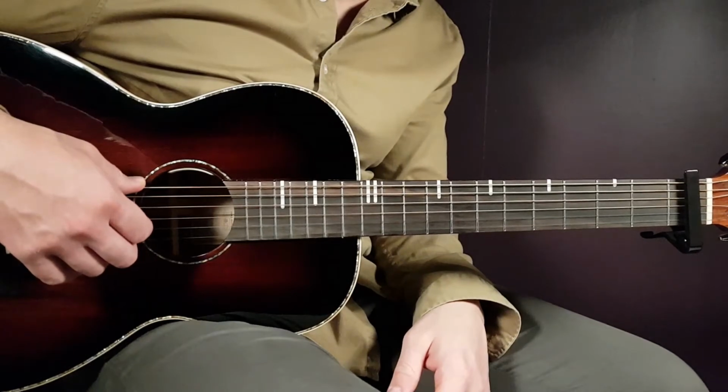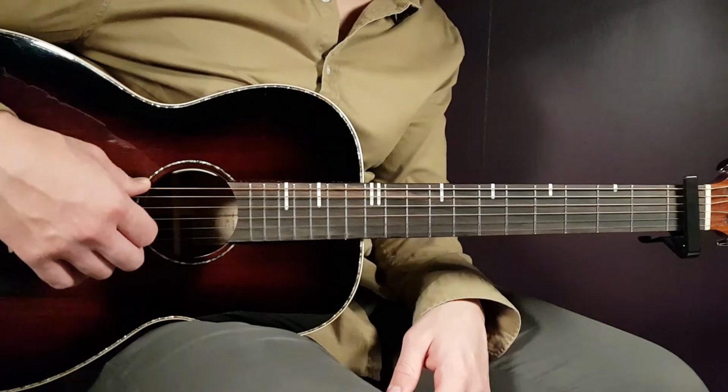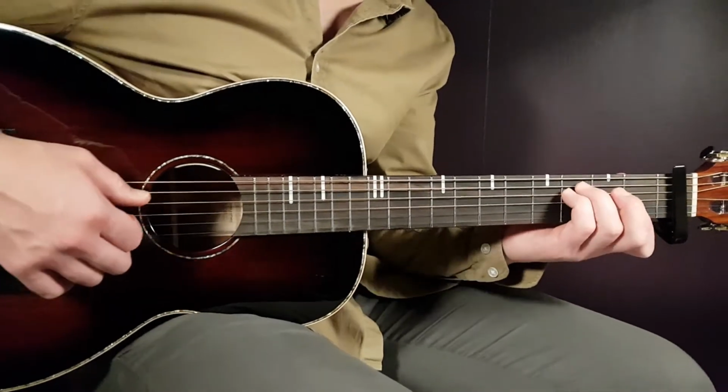We have a couple chords here to learn. In total it will be 9, but the last 3 chords will be optional, and I will come to that pretty soon. But first let's go with the C sus4